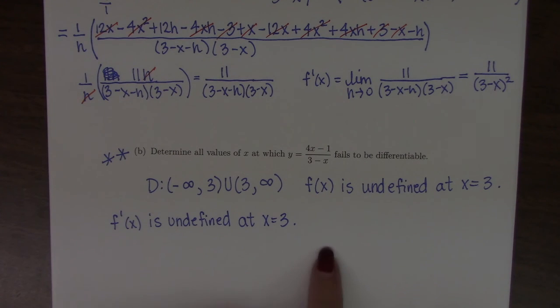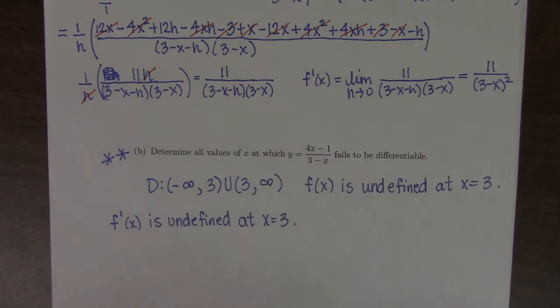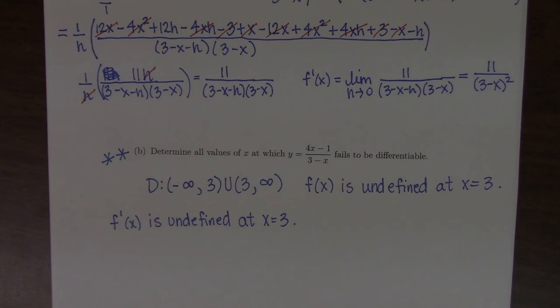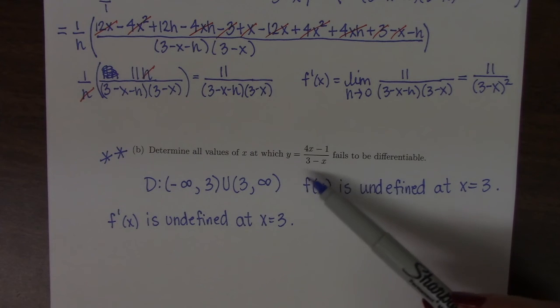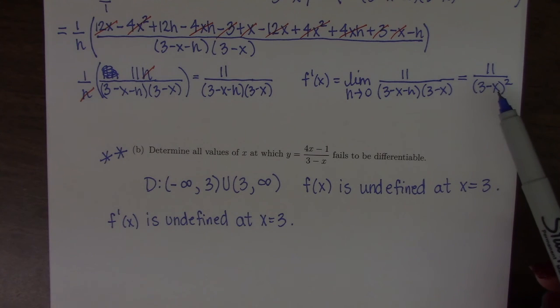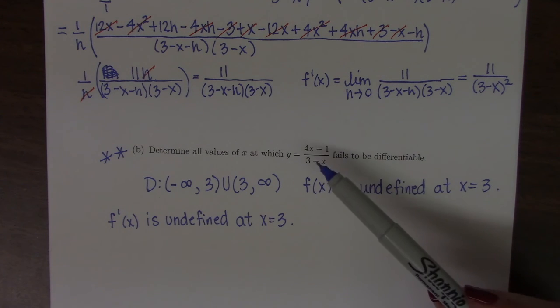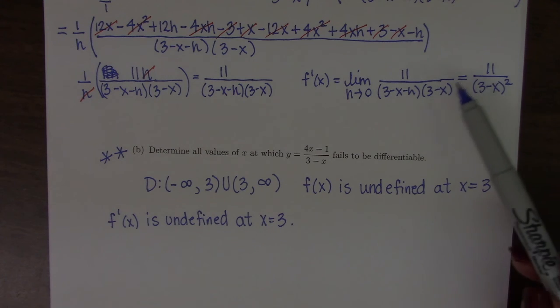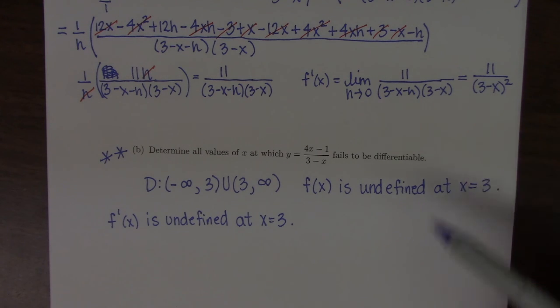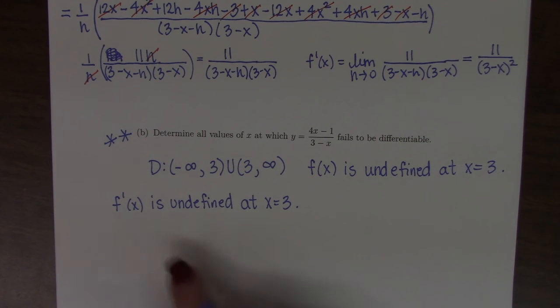However, if we look at the derivative function we came up with, right, we also see here that 3 would give you 0 in the denominator. But it could turn out to be a situation where you have a value that gave you 0 in the original expression, but a second value might pop up when we take the derivative that would then give you 0 in the denominator of the derivative. So we really need to make sure we're checking both functions, right? Anything that wasn't in the domain gets kicked out, and anything that doesn't work in the derivative function you would also kick out. So we would say that it is undefined at 3 and at f prime of x,